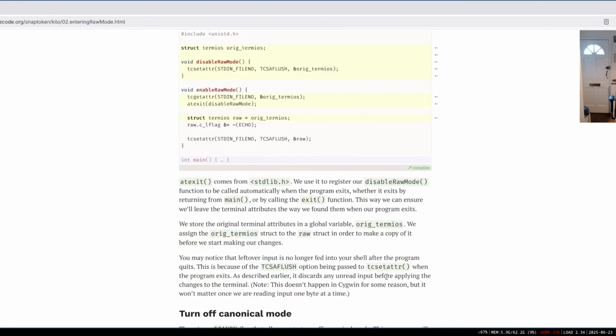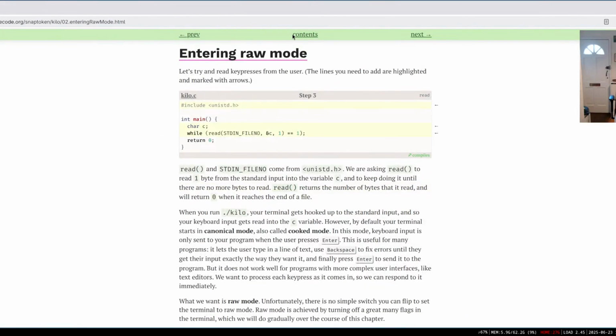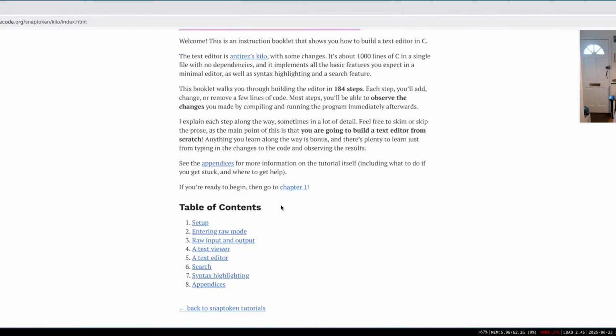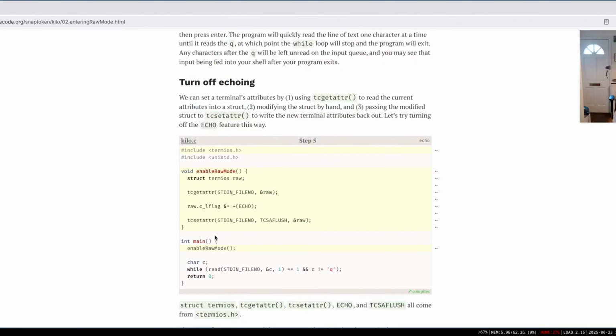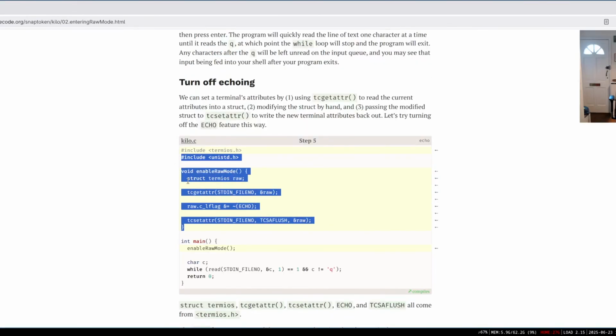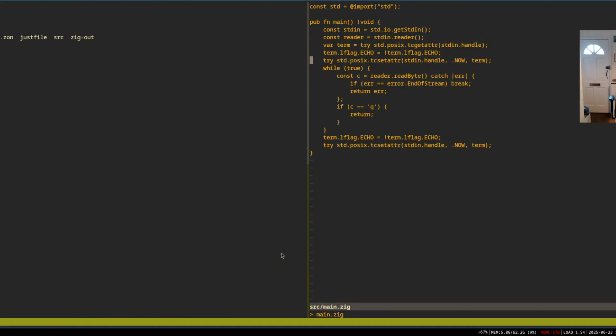Right, so the goal now is to go with this tutorial, but instead of writing this in C, implement the same things in Zeek. Basically, I've implemented this loop now, and we are onto this step. We have to turn off the echo so that the editor doesn't replicate the characters we type, and later we just render them in the loop. So if we turn this off now and rebuild,